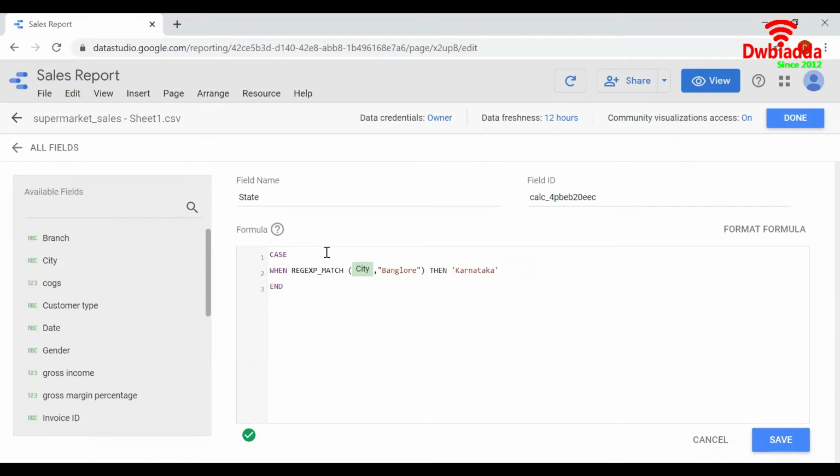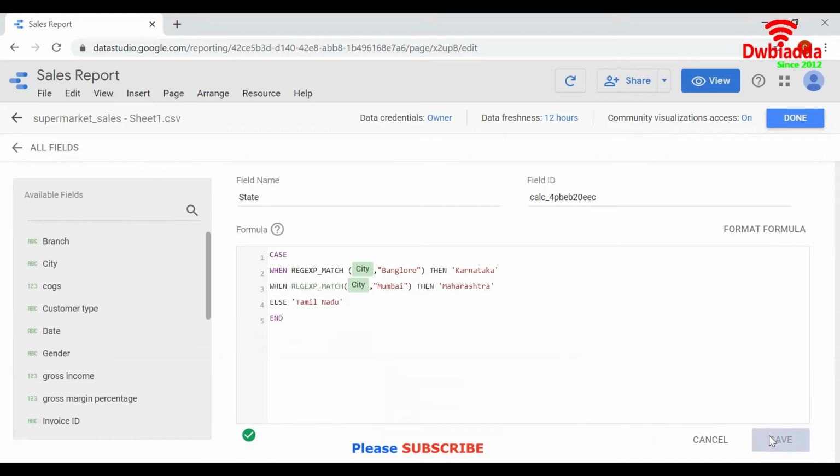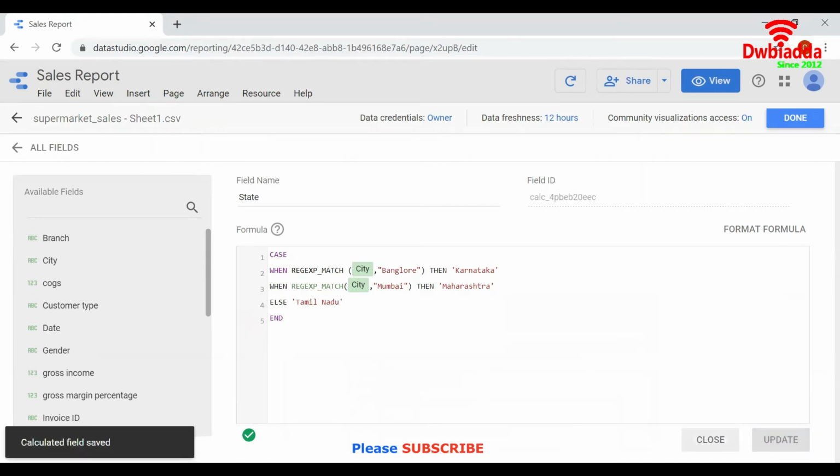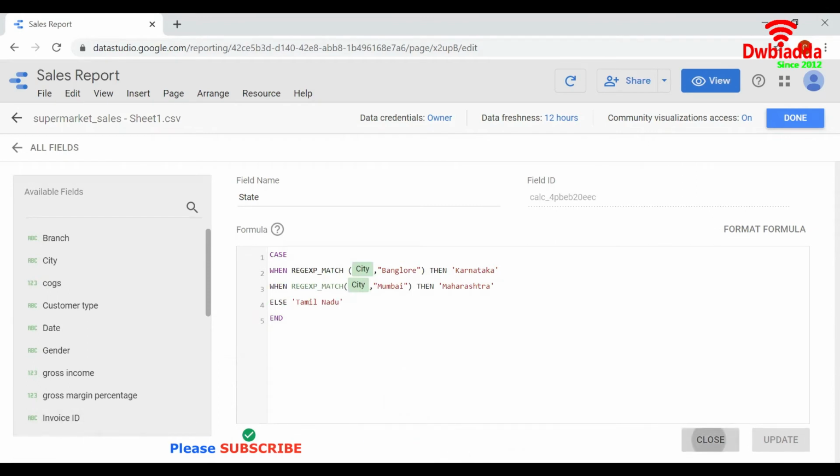Like REGEXP_MATCH is the function, city is the column name, and Bangalore is the value. And Karnataka is the new value that we wish to give for the state column. Similarly, the other two conditions. So click on save, and here it displays as calculated field saved, and then close.